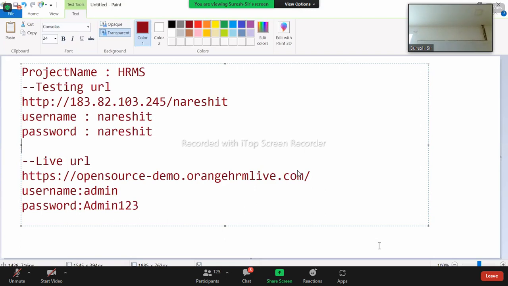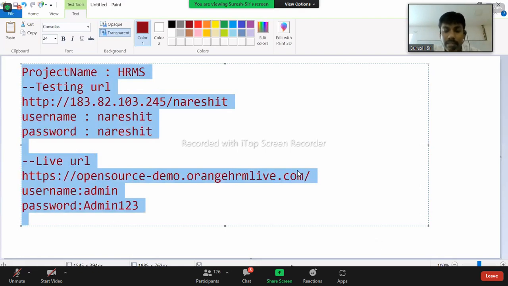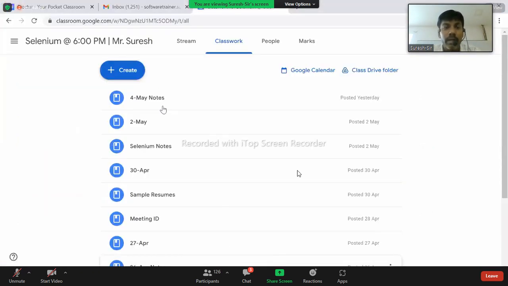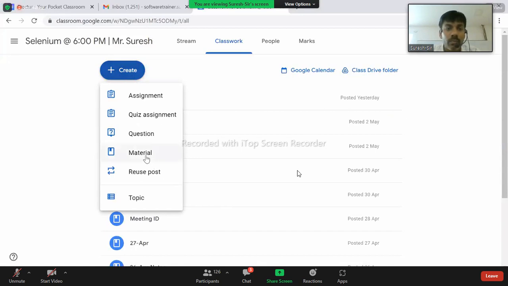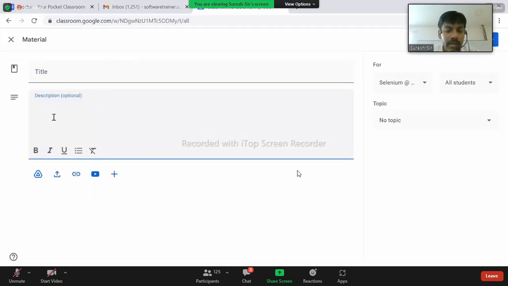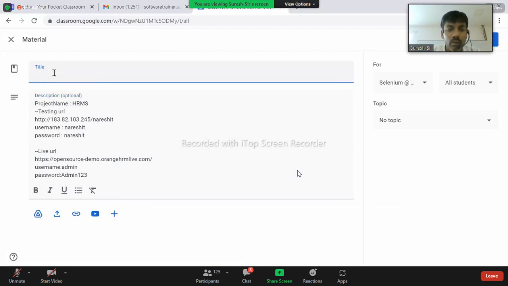Mostly, try to work with the testing URL only; no installation is required. Just use that URL. The username and password are both Naresh IT, in small letters only. You need to use those particular credentials. The same credentials I'm providing in the Google Classroom. And apart from that, what I require